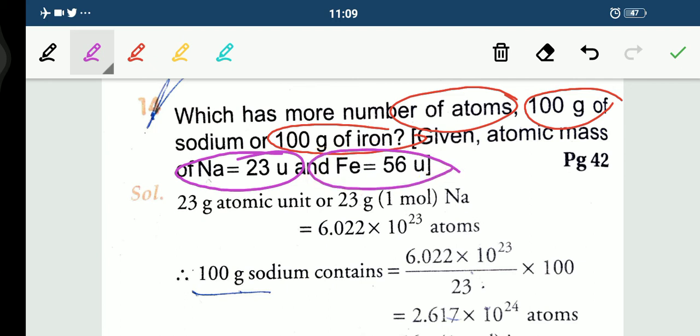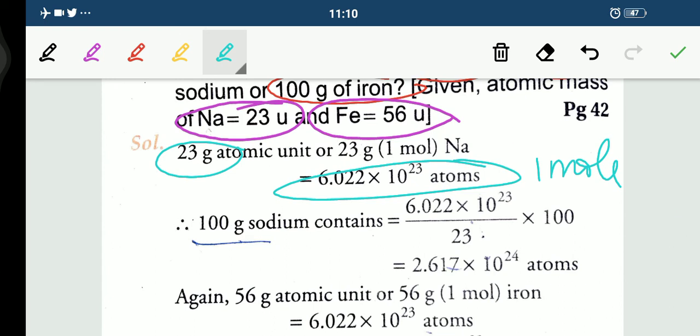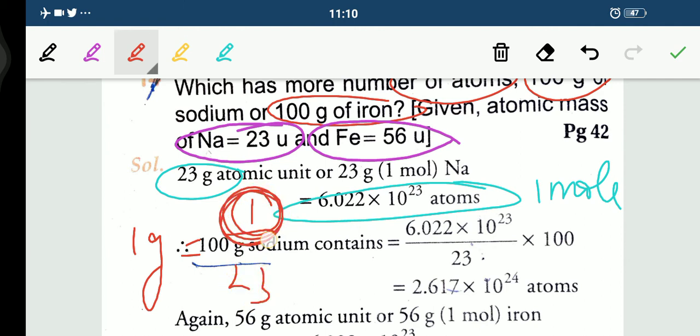Now you will be finding the number of atoms in the same way that we have done earlier. Fine. So what will be your answer? Quickly see here. This is 1 mole. So 1 mole is equal to 23 gram, because we know that 1 mole is equal to molecular weight. What is the molecular weight for sodium? That is 23 gram. So 1 mole is equal to 23 gram, and here 1 mole is equal to the Avogadro number. Fine children. Now we'll be finding out for 1 gram. Quickly tell me, for 1 gram it is 1 upon 23. Right children? This will be your Avogadro number, 1 mole upon 23.